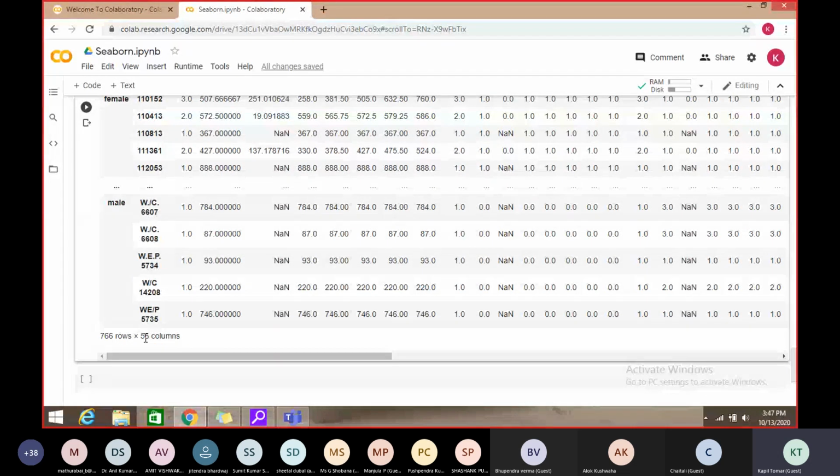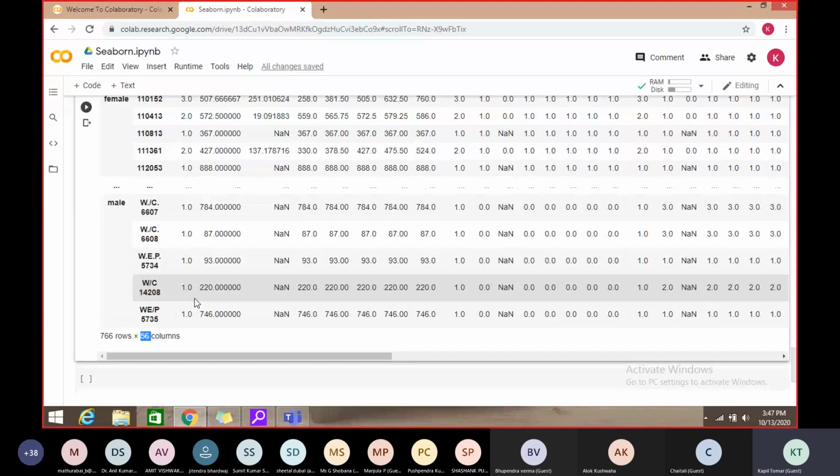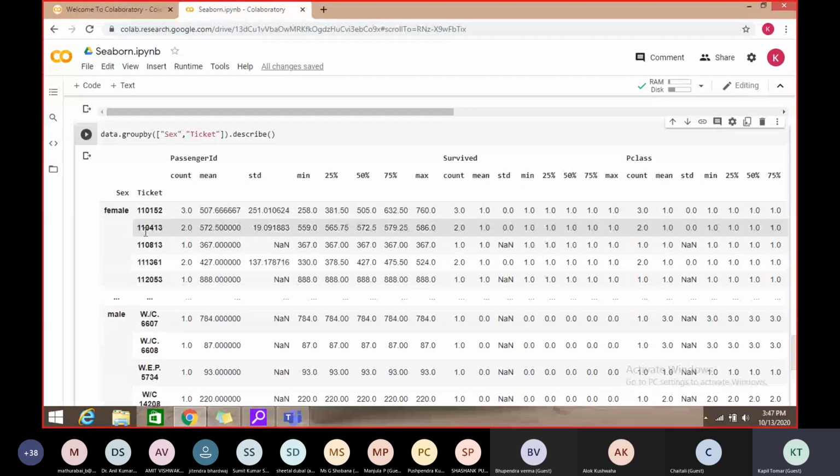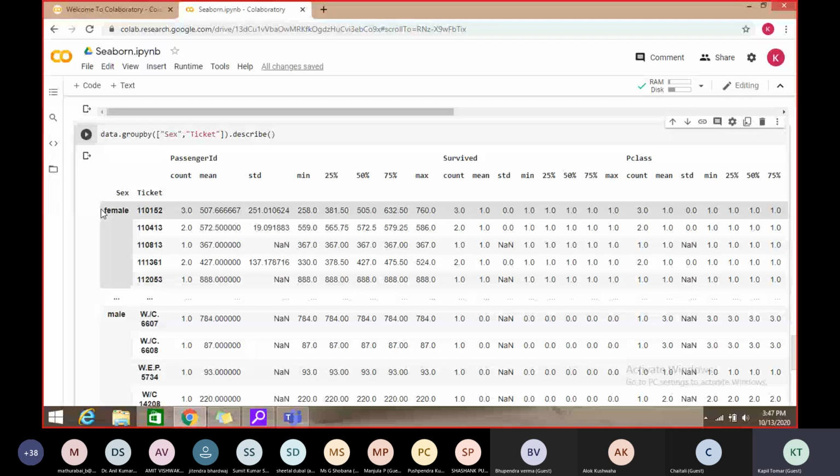So in total 8 columns, and with respect to one it is showing 7 of them, and this is for the female. Because we have merged this on ticket also, this is the ticket, and this is the total data. With the help of group by we can see it together, right?